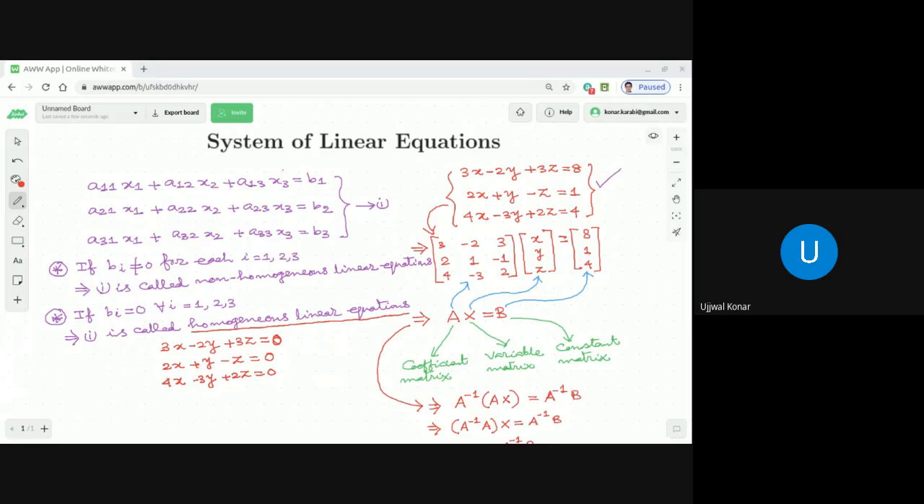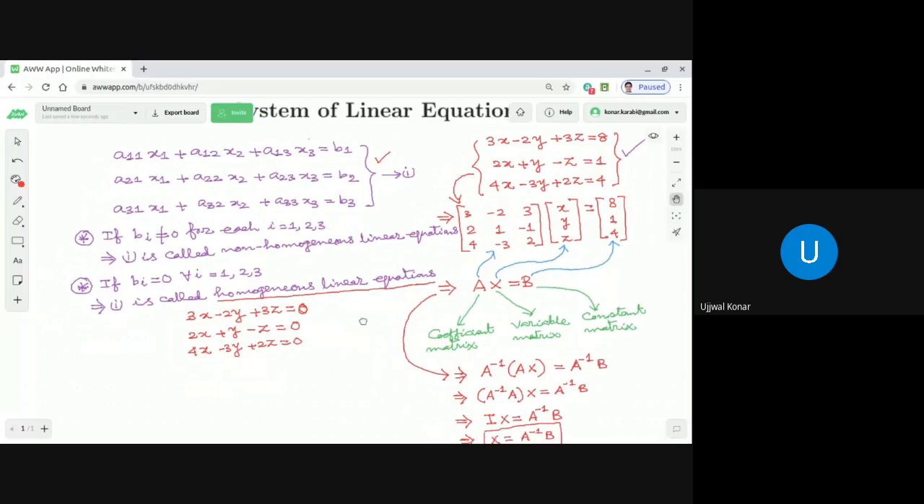Consistent means, if we find at least one set of values of x1, x2, x3 so that all these equations are satisfied, then we can say the system of linear equations is consistent. Now, as I said, at least one means we can have many values, more than one, and then also it is consistent. Okay. So what I'm saying, dear students, is that I'm writing it here